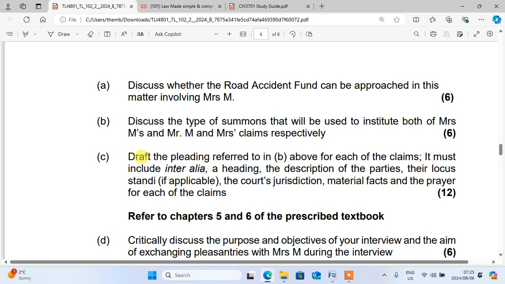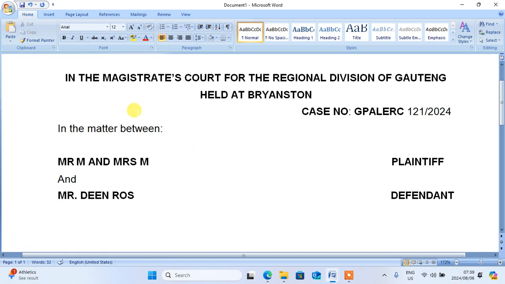It says, draft the pleadings referred to above for each of the claims. It must include a heading, a description of the parties, their locus standi, the court's jurisdiction, material facts, and the prayer for each of the claims. So you are drafting a pleading. You must know that since the amount may be less than 200,000, you know about